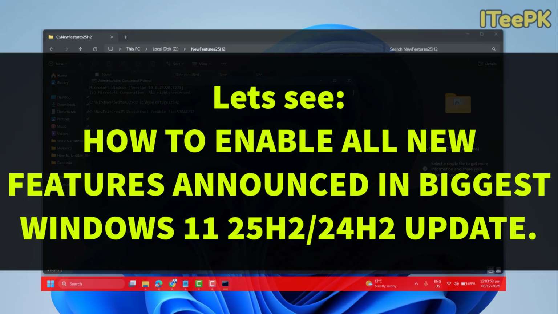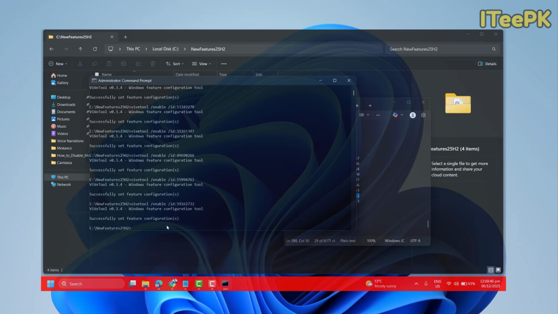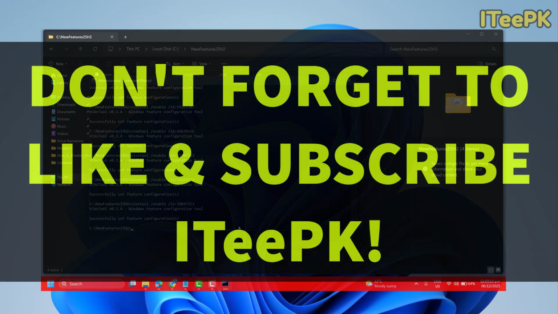Today I will show you how to unlock all the latest features included in the biggest December 2025 update for Windows 11, that includes both 25H2 and 24H2. These features are already built into Windows, but many of them stay hidden until you manually turn them on. I will walk you through the entire process step by step, including setting up ViveTool and enabling all the major